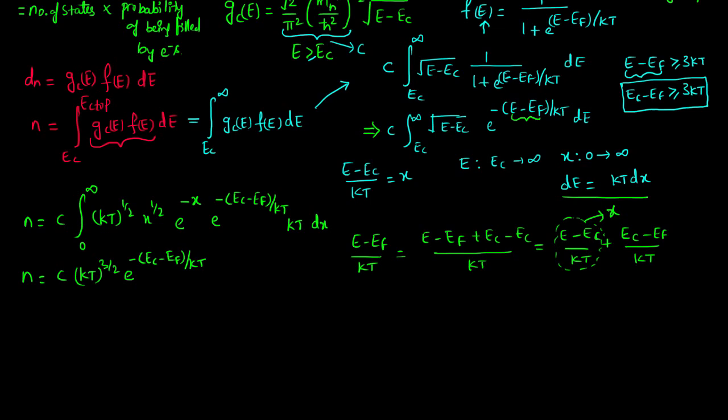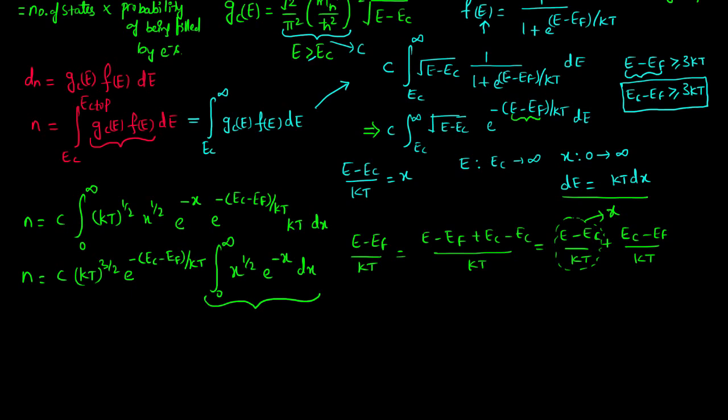That's why we have taken this whole term outside, times integration 0 to infinity x power half times e power minus x times dx. Now this particular integral is a very standard integral in mathematics, which is actually called a